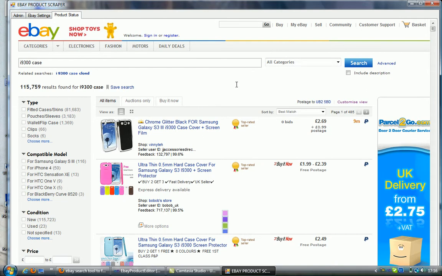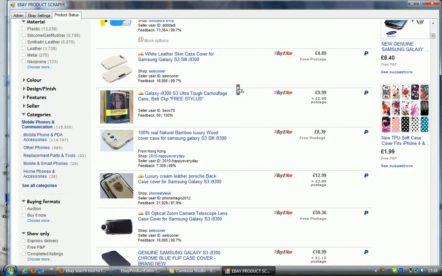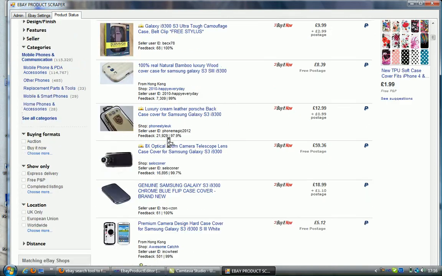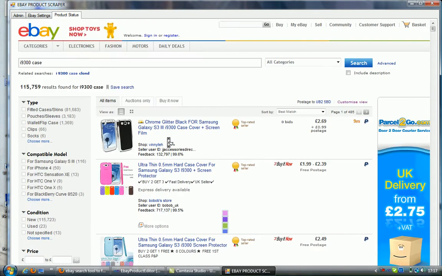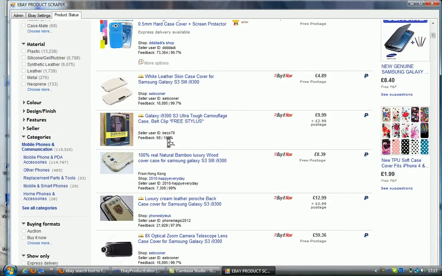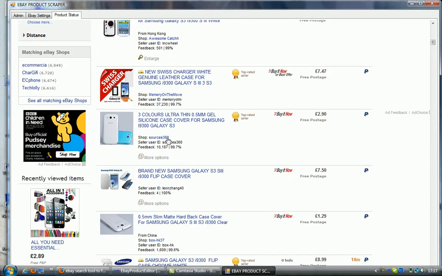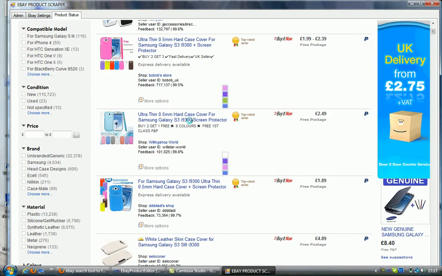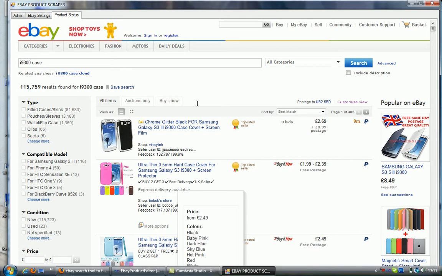Okay, see, if I search with I9300 case, for example, my seller name is Silicorona. This is my seller name. If I search with that keyword, I'm getting around the tenth product, so people will not buy. How the search works is, whoever gets the most clicks and the most purchases on that particular product will be listed on the number one page.